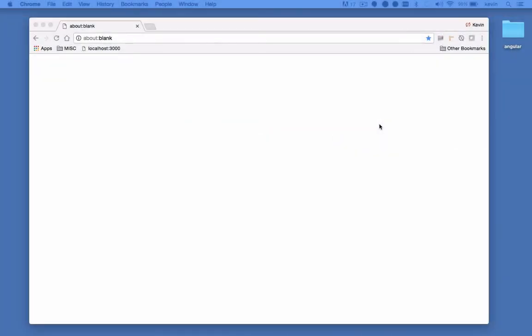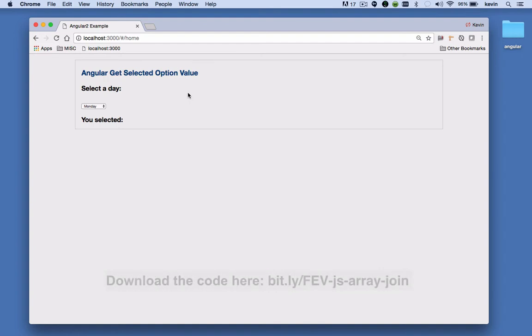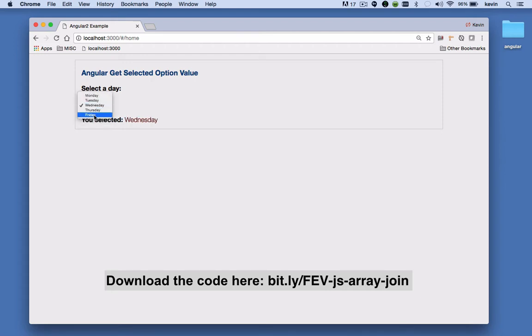When working with Angular, you may find that at times you need to act upon the selection a user makes from a drop-down box. Now, technically, a drop-down box is what's called a select element. And here on this page, I've got a select element, otherwise known as a drop-down box, with the 5 days of the work week. So when I select one of the days, the result of that selection is shown in the